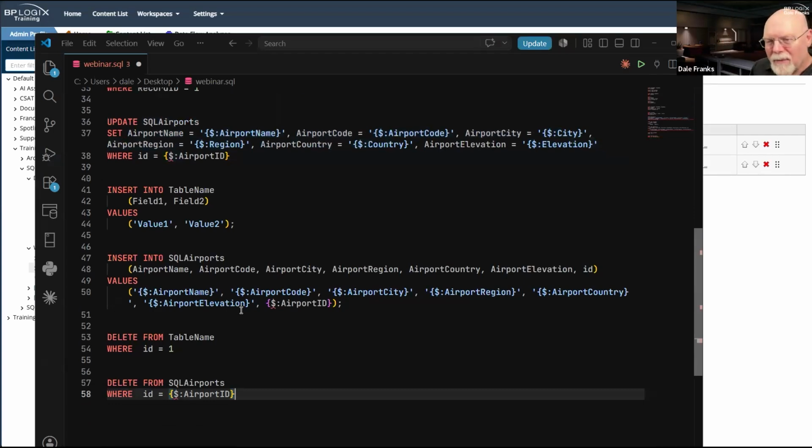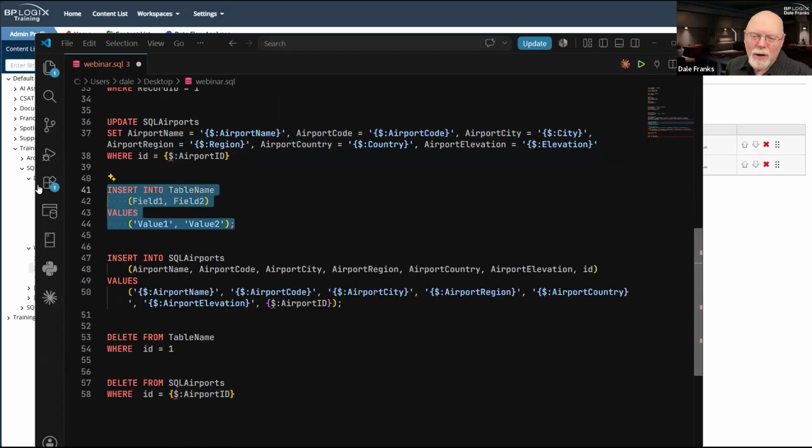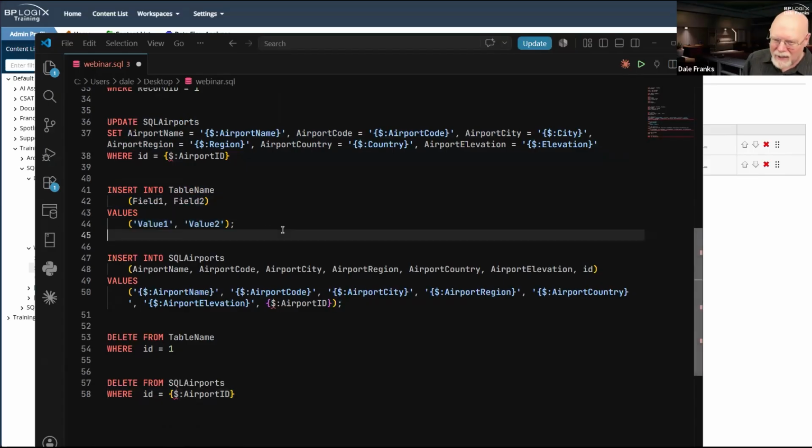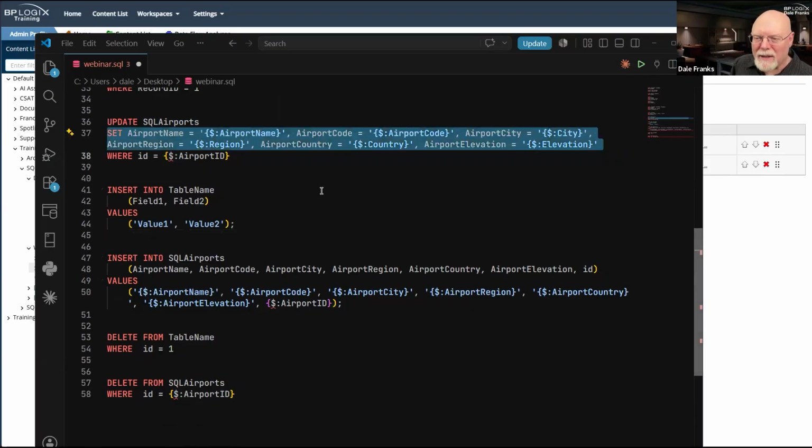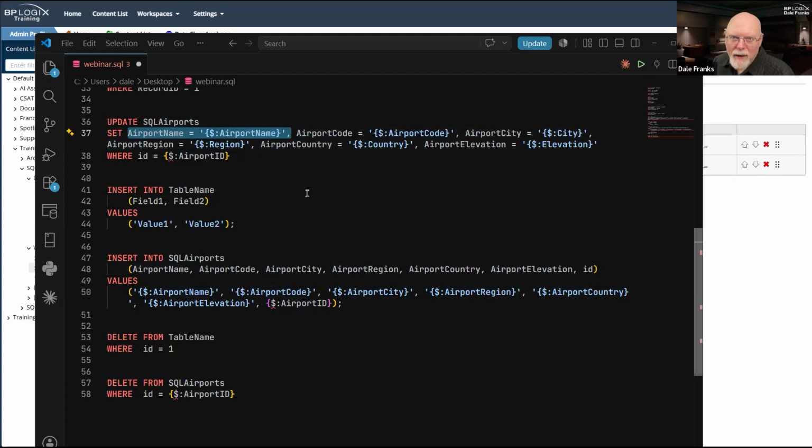This is one of the more irksome things I find with SQL Server, and it is the syntax that you use to insert data into tables. Update makes sense. I'm saying, okay, I want this field to equal that value. That's cool. That's straightforward. That makes sense. This is just crazy pants.